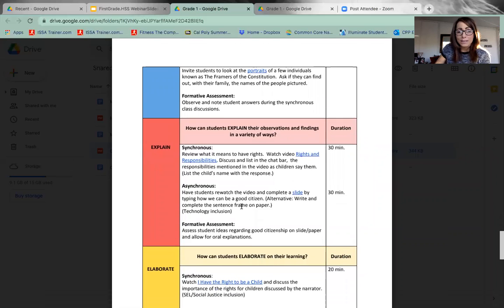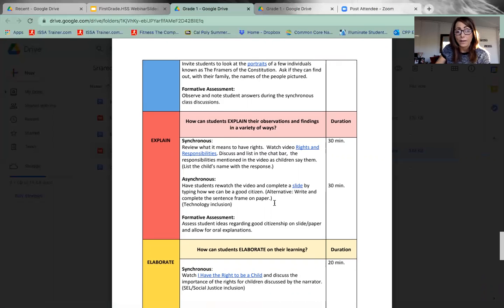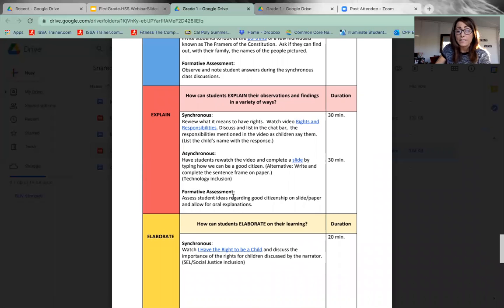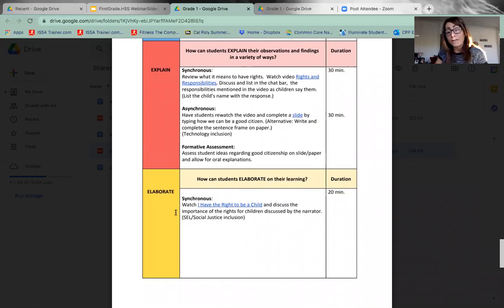Ownership. During asynchronous time, we will have students rewatch the video and complete one slide. So there is a hyperlink to a Google slide, where the students will type how they can be a good citizen. If that is something that you're not comfortable doing or your students aren't ready for that, you could have them write a complete sentence frame on a paper. But that's completely up to you and what technology you have available. Again, idea for a formative assessment in terms of being able to observe your students and their oral explanations. As students elaborate on this concept,